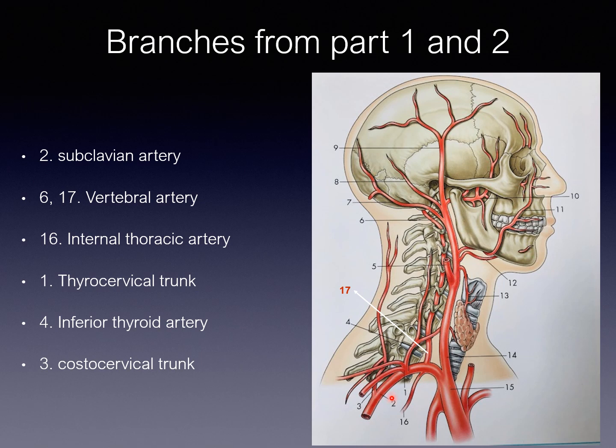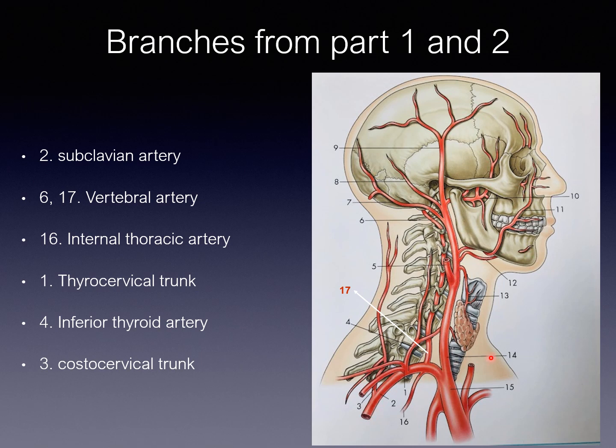Sometimes the deep cervical artery can come from the third part. Okay, that time it is called dorsal scapular artery. Already you know about dorsal scapular, which supplies the levator scapulae, rhomboids major and minor. So along with that, the dorsal scapular artery also runs. So again I enumerate. Number one is the vertebral artery, internal thoracic artery, thyrocervical trunk. Part 2 you have the costocervical trunk. Part 3 you will be having the dorsal scapular artery.